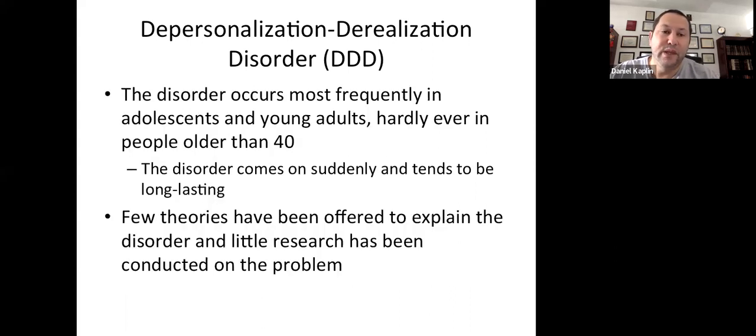So when we look at this condition, it occurs most frequently in adolescents and young adults, but rarely in people over 40. So if we're looking at when the onset is, it's rarely going to just magically appear in middle adulthood. Now, if it appears, it can stay across the lifespan as well. It does come on suddenly and unexpectedly, and it is a chronic condition, so it is long lasting. And if you're going to say, well, what causes it? We don't have a good answer. There have been very few good theories that explain the disorder. And ultimately, there's been limited research to try and address this problem. So that is